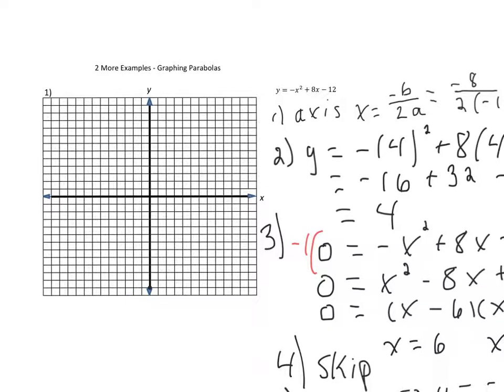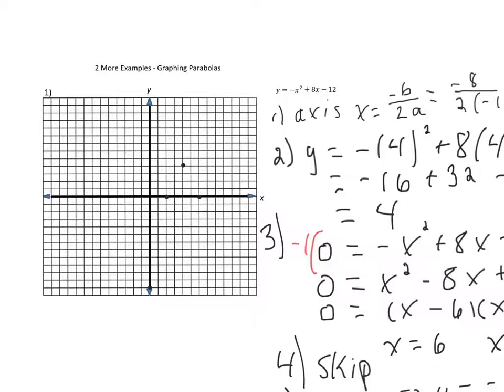So now we're going to plot (2, 0) and (4, 4). So here I've plotted (2, 0) and over 4, up 4. Our next point to plot is (6, 0). So there's (6, 0). The next thing we're going to do is sketch in the axis of symmetry, which in